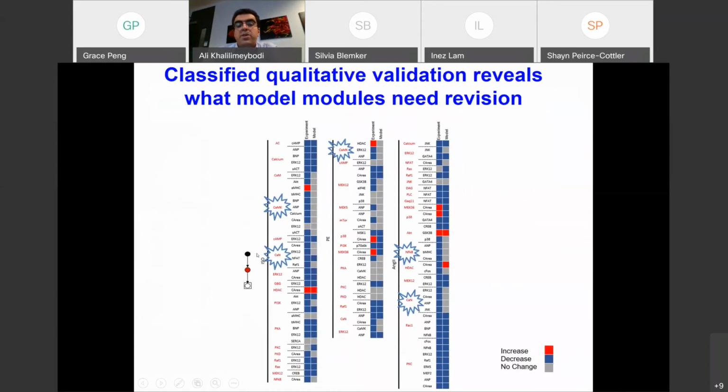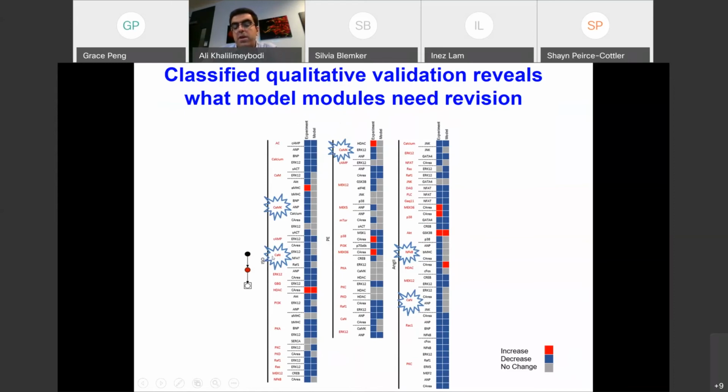The big challenge of this model is in the class of intermediate inhibition, where our previous model could not predict that class at all. We have much improvement in the prediction, but there are some parts of the model that show that, for example, this part needs a structural revision